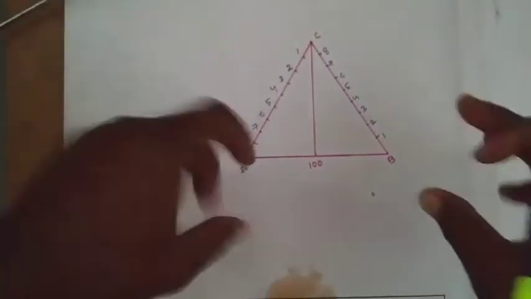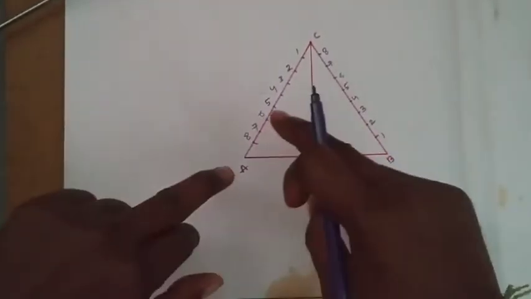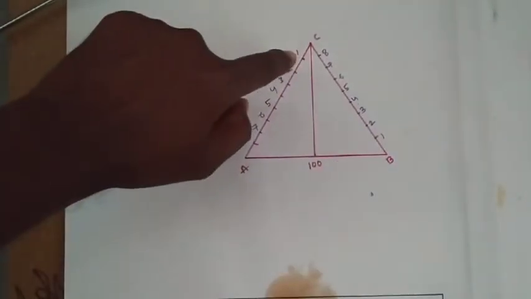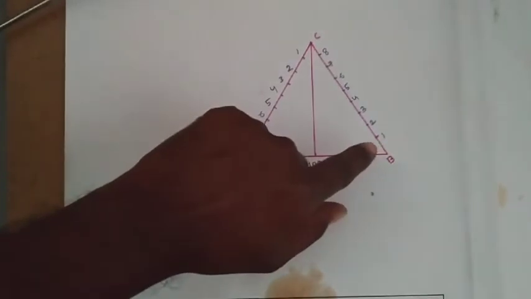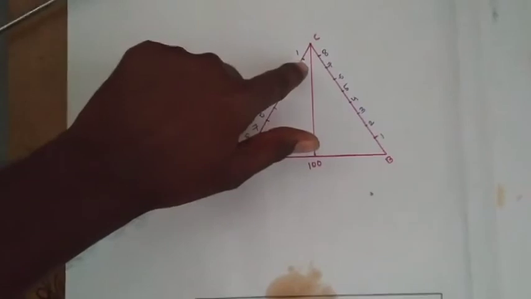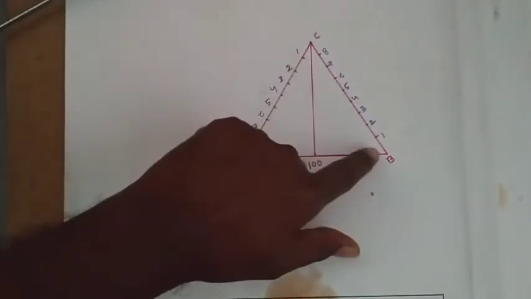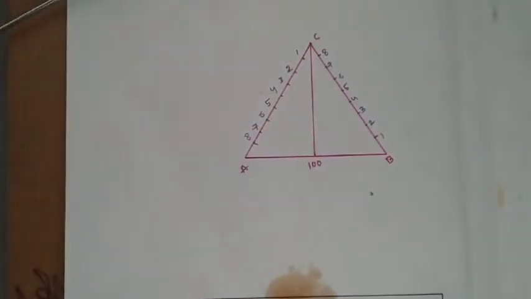You have to number these equal parts invertedly. I am numbering this side upward, and you number the opposite side downward. Here 1 is on the upward side, and here 1 is on the downward side. Now let me explain how to construct a parabola through the tangent method.